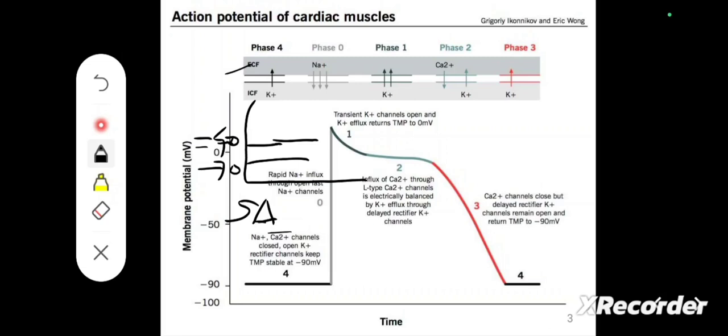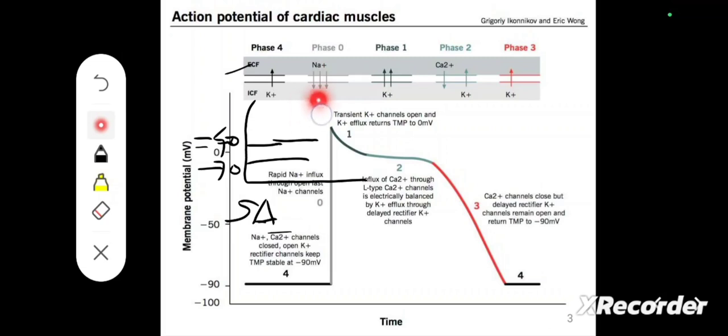Consider this graph for the pacemaker cells. The pacemaker cell does not have a true resting potential, unlike the non-pacemaker cell, which has a resting potential near about minus 90 millivolts. In the pacemaker cell, the voltage starts at about minus 60 millivolts and spontaneously